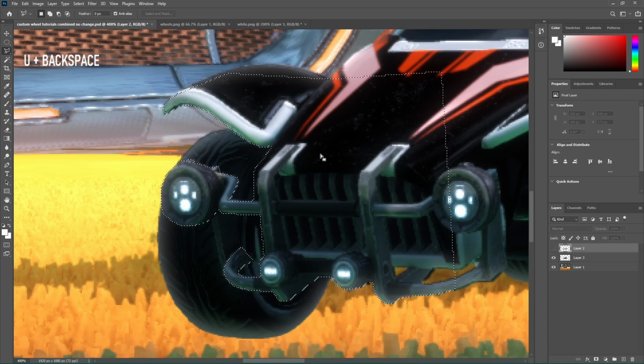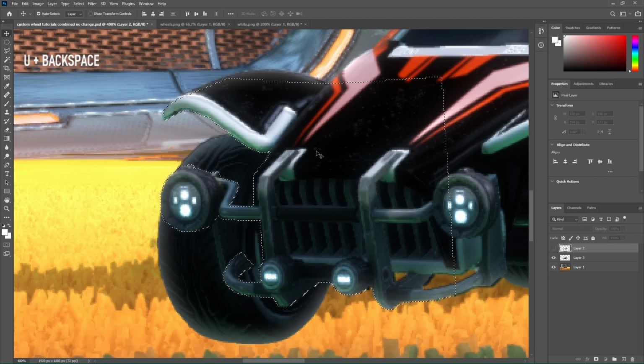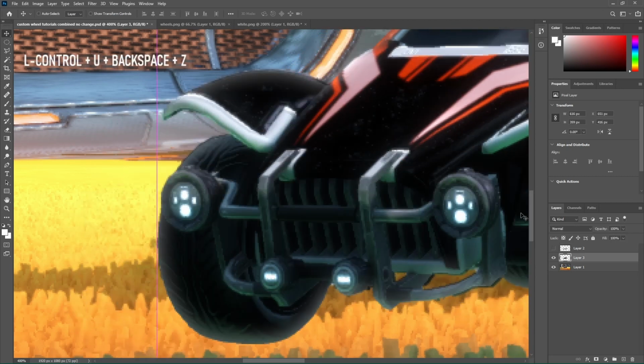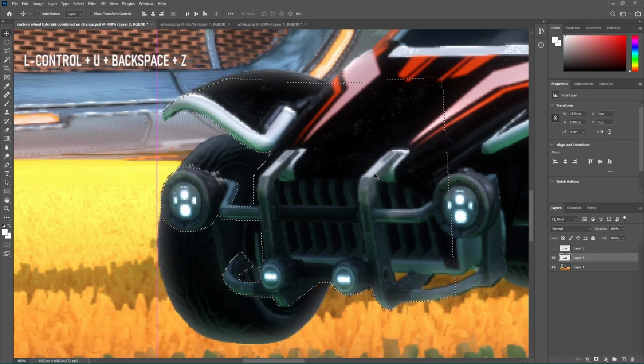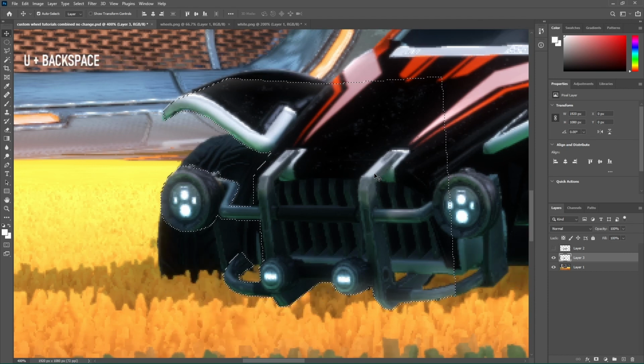Alright, so I have selected this over here, and now we are just going to press Ctrl Shift I to invert the selection. And now I'm going to take this and just delete the selection that we made over here. Okay. And now if we move it around, okay, why didn't it delete? Okay, so now we have deleted it,